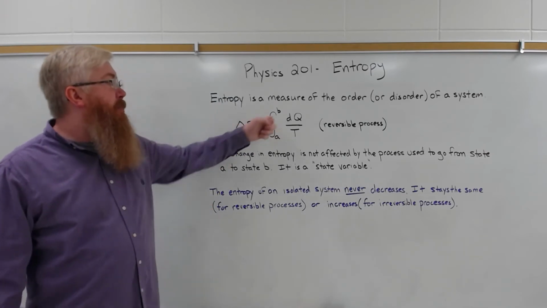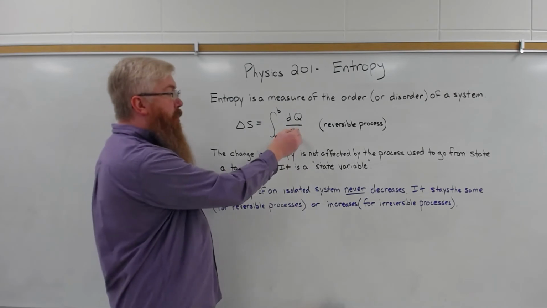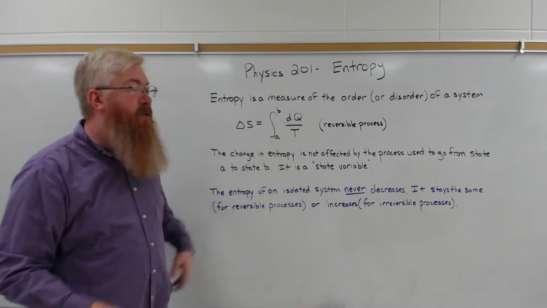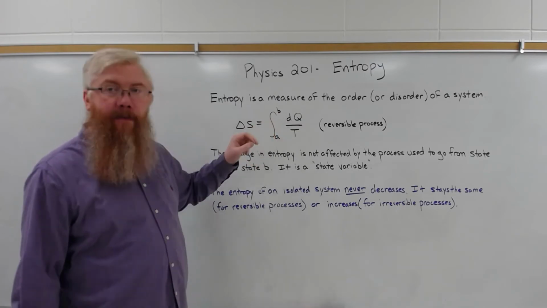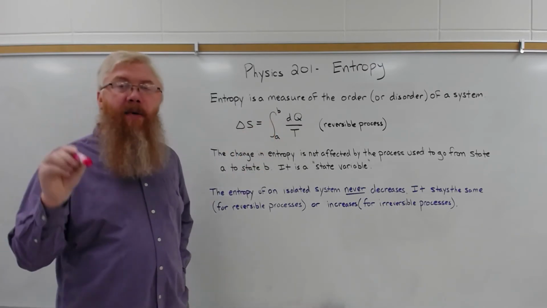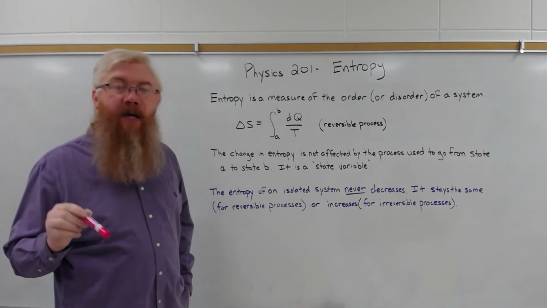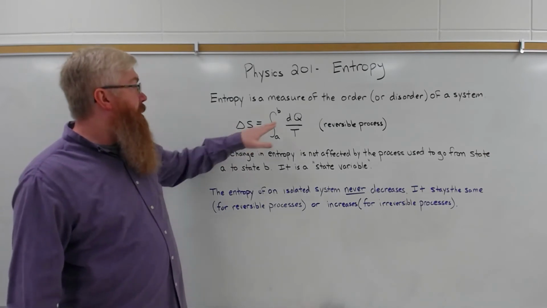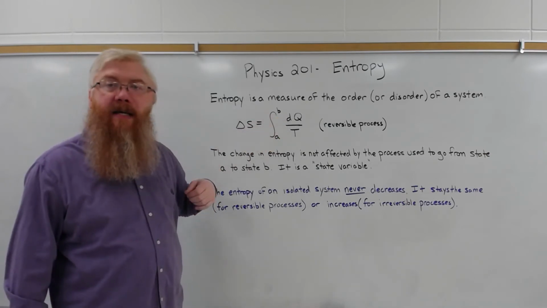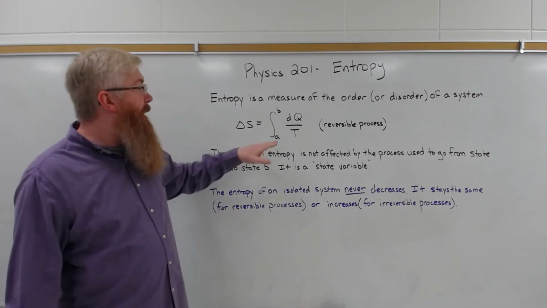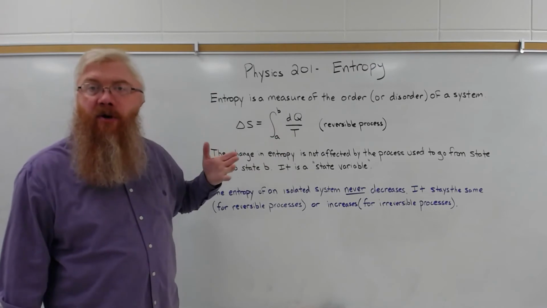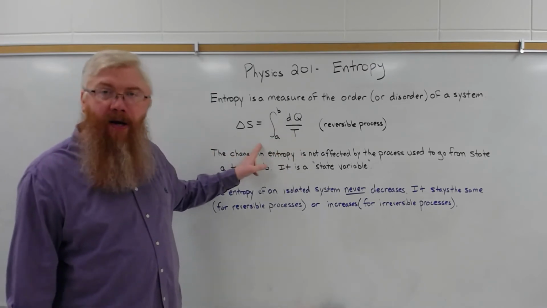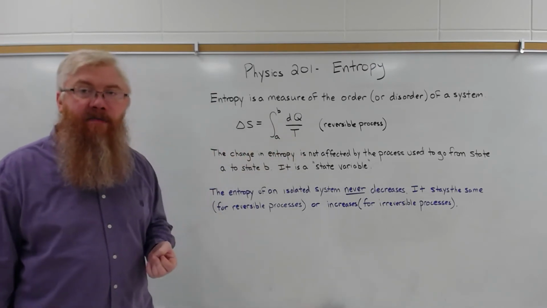The change in entropy is the integral of the change in heat over 1 over the temperature, from states A to B. So again, think of that PV diagram. Pick two states, A and B. The change in entropy is 1 over T dQ. Now, if temperature is constant, if it's an isothermal process, of course you can pull the temperature out, but the temperature isn't always constant between states.